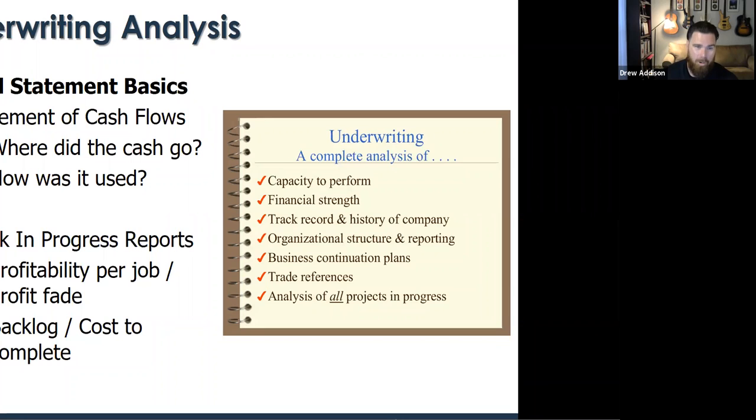Again, work in progress reports. What is the profitability of your job? Is there any profit fade? And then we want to look at the difference between backlog and cost to complete when underwriting. Most surety companies